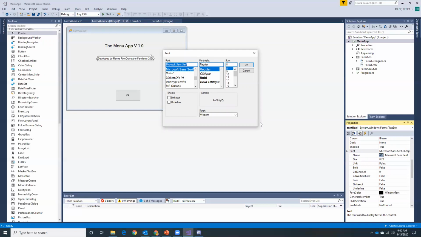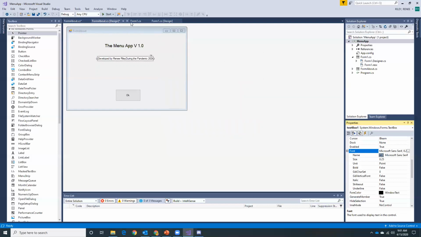The font dialog box is old. I mean, it's been around for a really long time, but it still serves its purpose. I can choose the font, the style, whether it's italicized or bold, the size, some special effects, and how it's scripted. And then we see a sample. So the font dialog box is handy. Now I'm going to cancel here